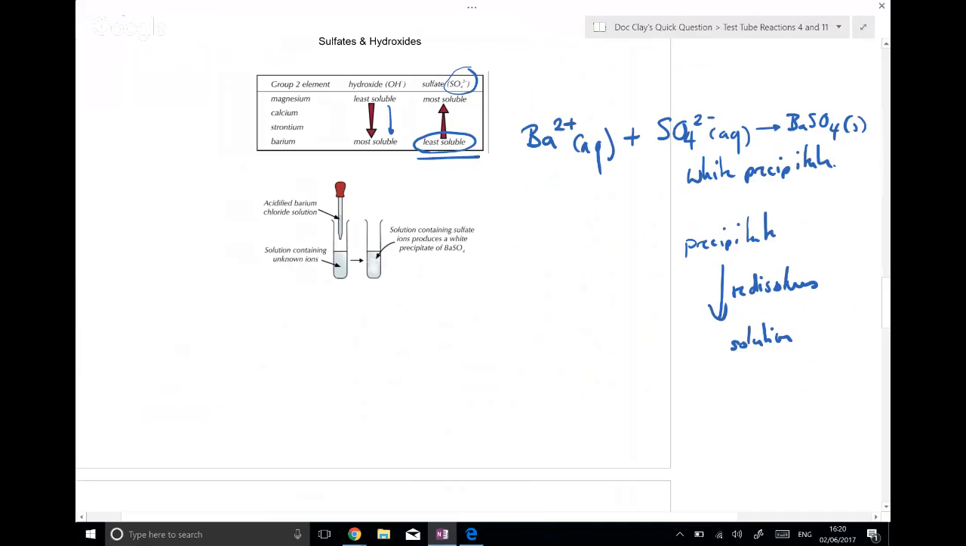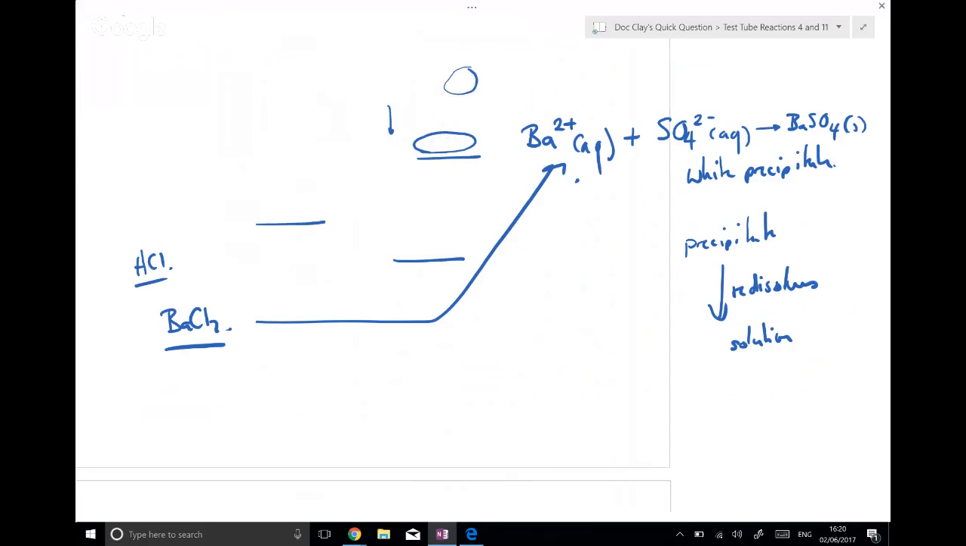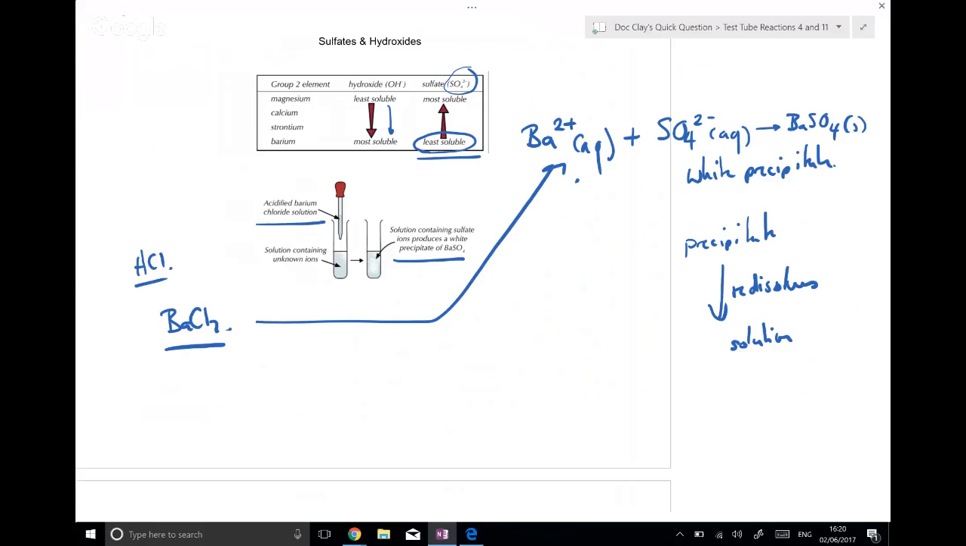So how do we do the barium sulfate test, which is the one that we're interested in? We use acidified barium chloride, so BaCl2. A suitable acid would probably be HCl in this particular instance. And then you would add that to your unknown ions. If you've got sulfate ions present, then we would form the barium sulfate as the white precipitate. Barium sulfate is completely insoluble. Therefore, it's often also used in X-rays, in medicinal use, for barium meals,